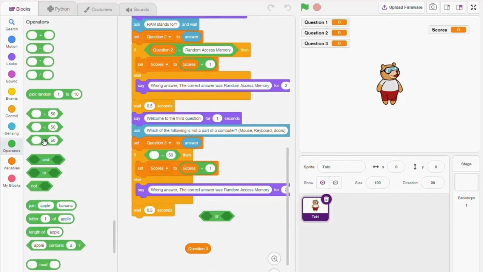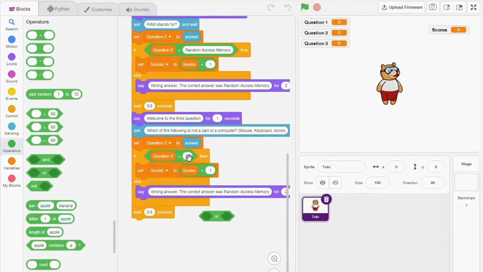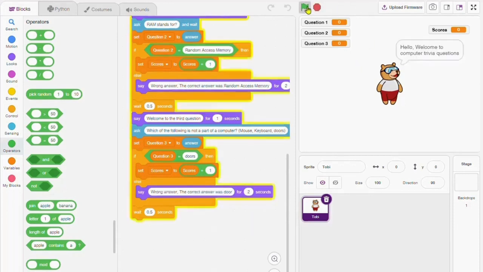When you are programming or when you are creating something, sometimes you get confused, or when you're trying alternatives that you have, you can get confused. So you're going, if the question is equal to door, then of course door is not a part of a computer, then you're going to add the score. And then if the user enters another part that is not the one that you want, so you'll get feedback,